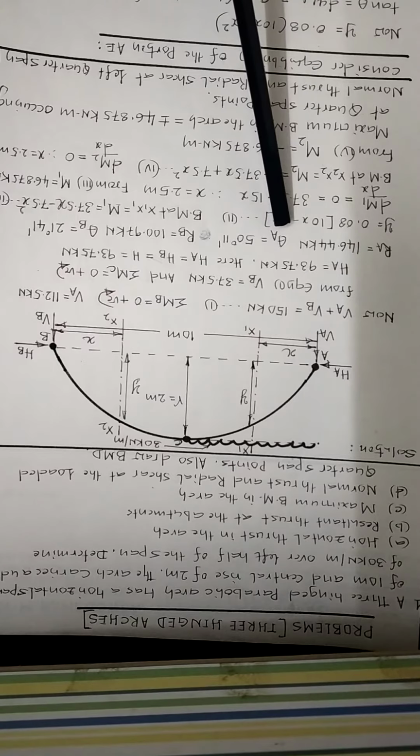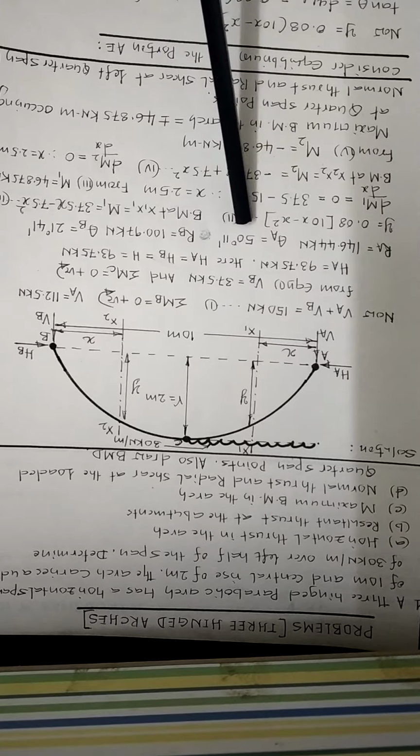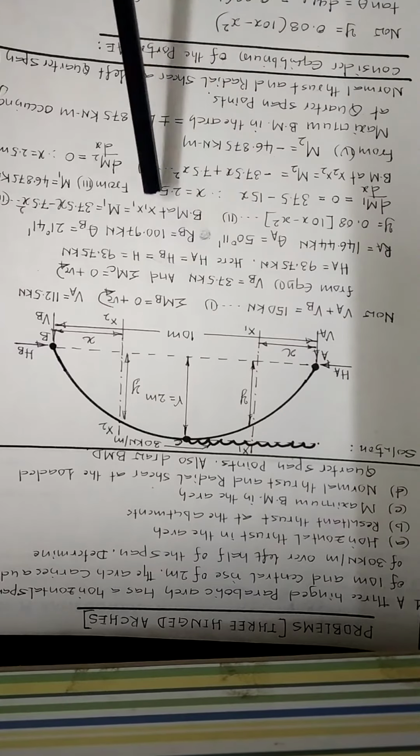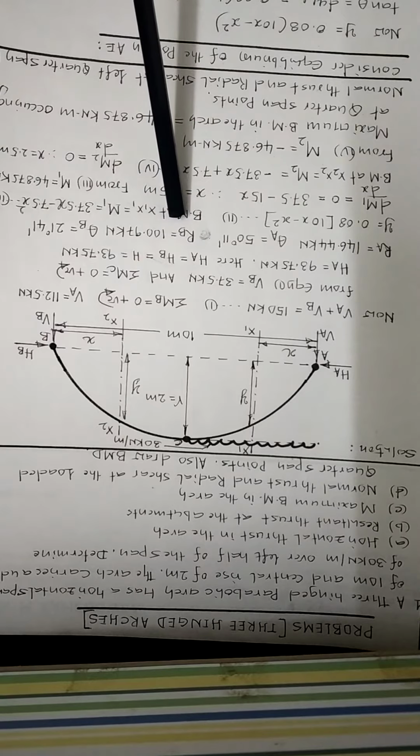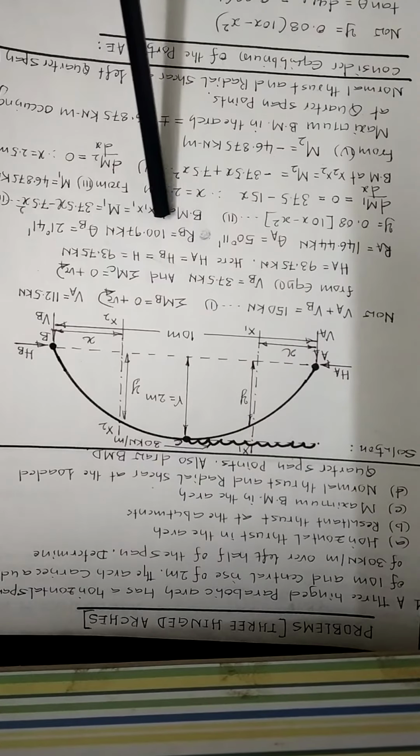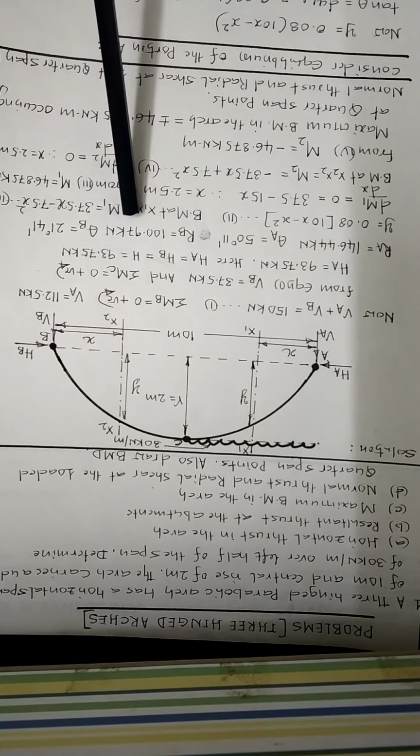Tan theta A is equal to VA by HA. Theta A is equal to tan inverse of VA by HA. Compute the value of theta A. Theta A is equal to 50 degree 11 minutes. Compute the resultant reaction at the point B, that is denoted by RB. RB is equal to square root of VB squared plus HB squared. The value of RB works out to be 100.97 kN.